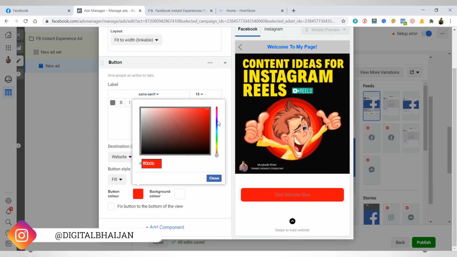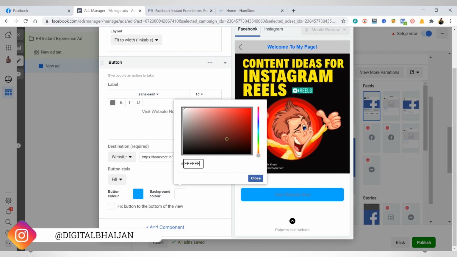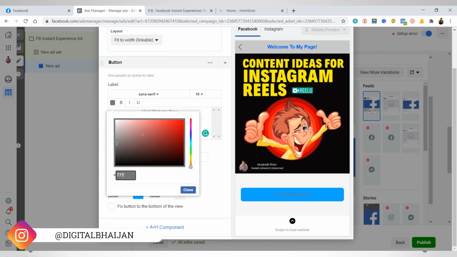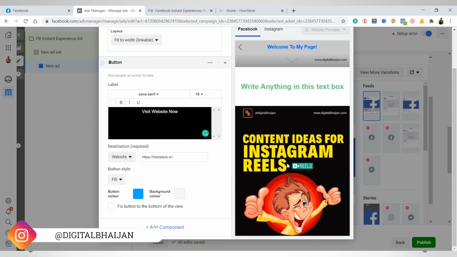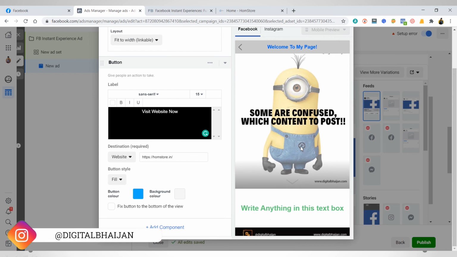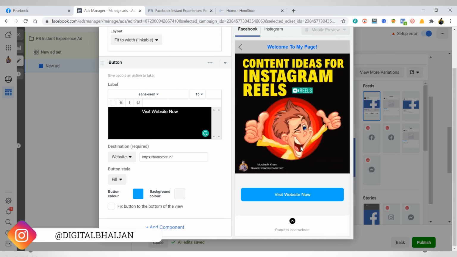Let's suppose I keep it blue, and if I want to change it, no, I don't want to change it. If I want to change the text color, then I could probably do that. See how simple it is, and your single mini page website is ready within Facebook.